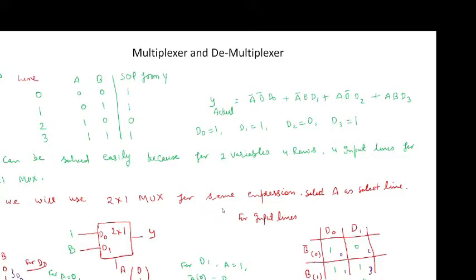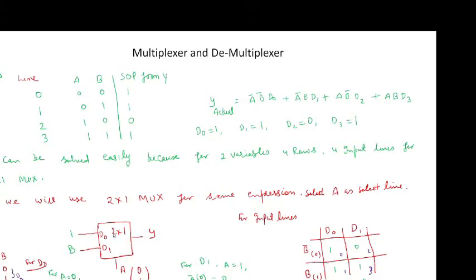Now you can see how we can solve it. First we will make a table here. It is line 0, 1, 2, 3 and here A and B are the 2 variables. So AB 0, 0, then AB 0, 1, then 1, 0 and 1, 1.